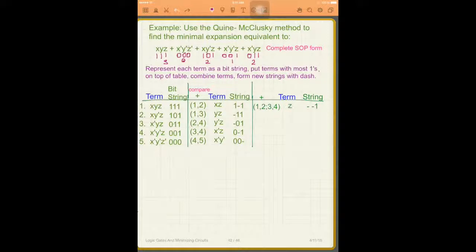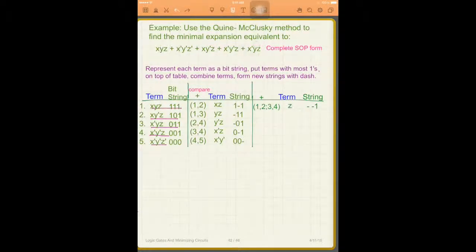So the first term would be x, y, z at the top of my table. And then the next will be the one with 2. So now I have this one as well as this one, so it doesn't matter which one I put next, but I'm going to put those next. Then 1, and then the one with 0 1s goes last. Okay, so I filled out my table here,